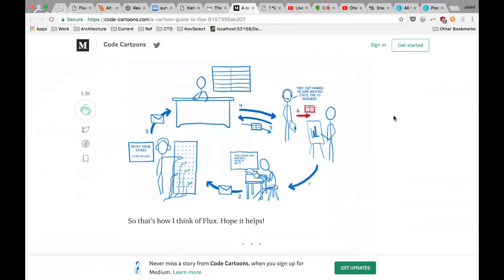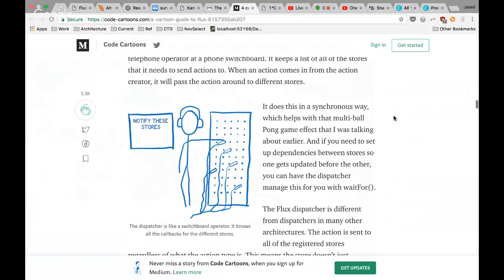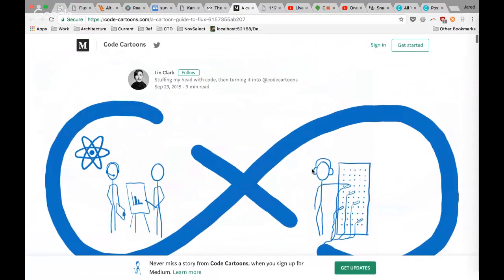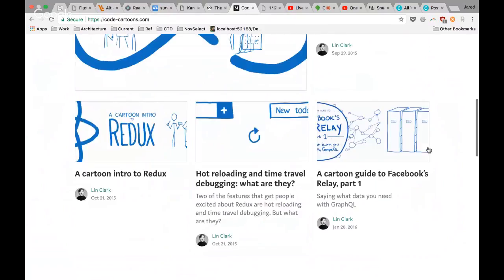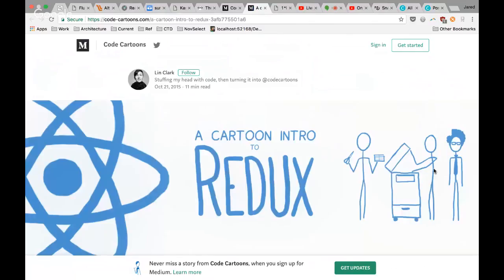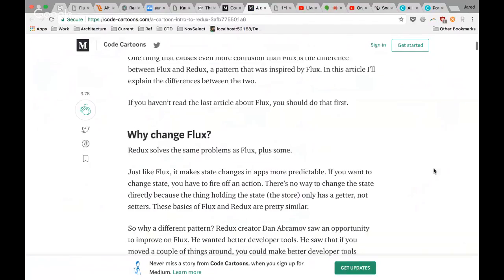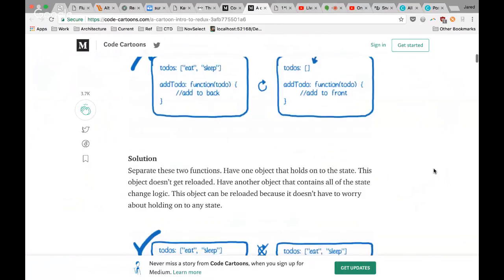If you really like this code cartoon and the way it explained it, there's a few others up here by Lin Clark as well. Another one that goes into Redux. And you can imagine it as a follow-on to the Flux one. So I think it's best to read the Flux one first and go through it,